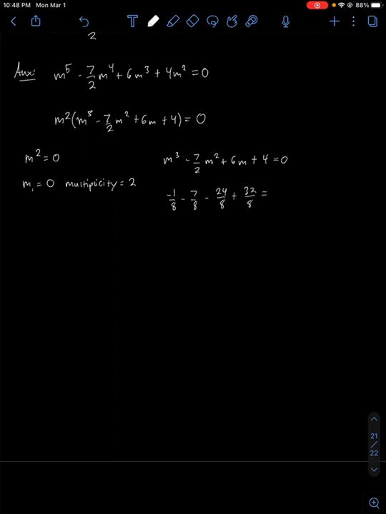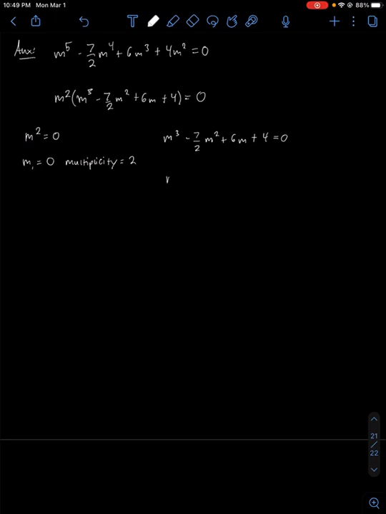Does that equal 0? 32 minus 24 is, well, I think it is, well, that is 0, but, okay. I didn't get that on my own. I had to look at the answer, but,